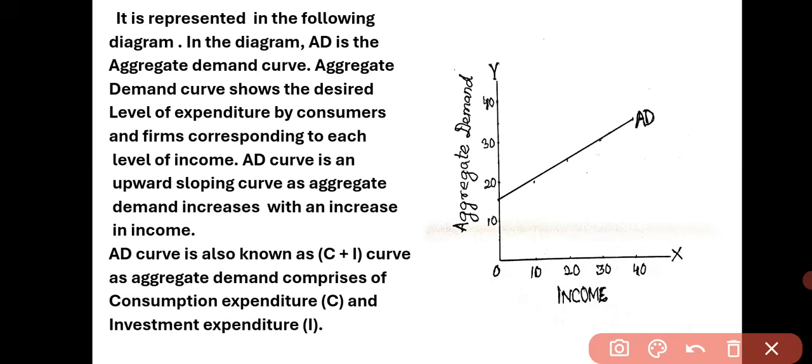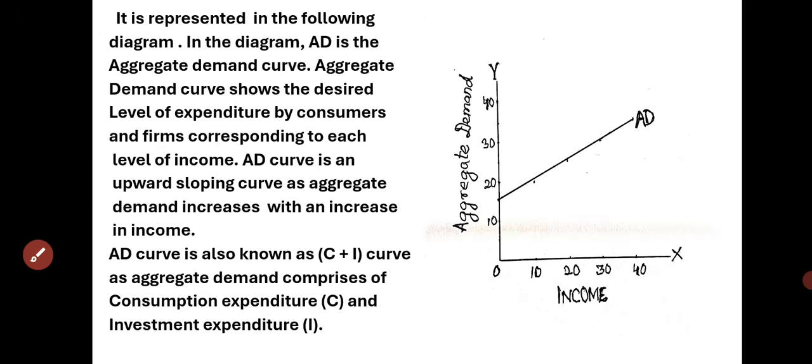When income level decreases, aggregate demand decreases. So with an increase in income level in an economy, aggregate demand increases. So there is always a direct relationship between income level and aggregate demand. And this is already discussed with a table, in a tabular way as well as in diagrammatic presentation, right. Next we will discuss